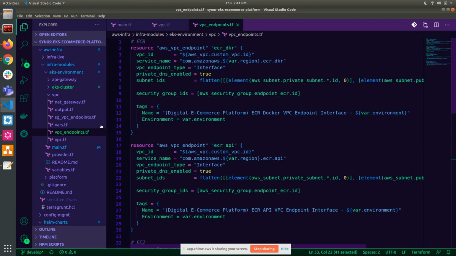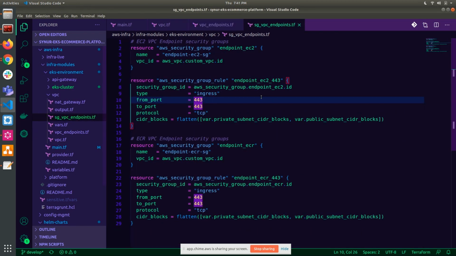Right, and so when you set up VPC endpoints, as I mentioned earlier, it's very important to make sure you also have security groups set up for those, so that the traffic can actually flow correctly. If you forget this step, then you'll probably run into an issue where your worker nodes are unable to register to the control plane because the traffic is failing to flow through there. So make sure that you have the relevant port permissions for the security groups for the VPC endpoints as well.